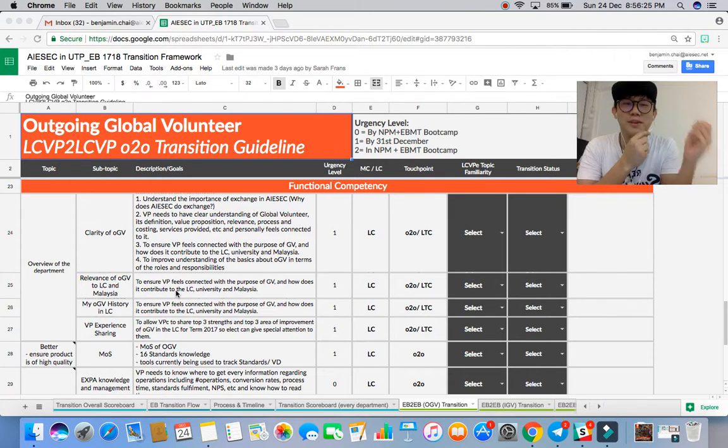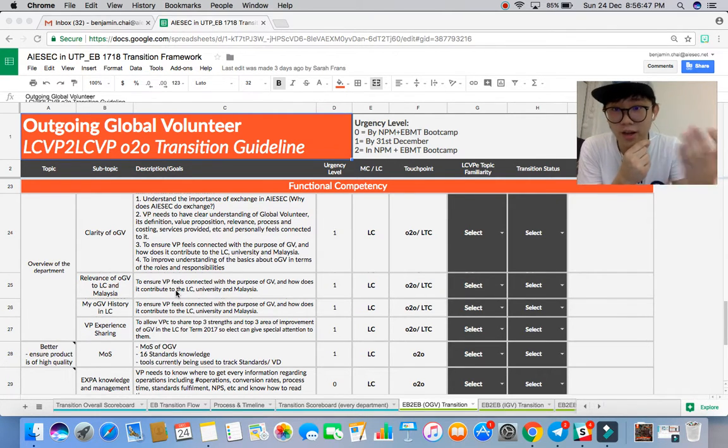Why are these two things important? Because that's actually the main thing, right? As the product head, the most important thing is that you personally feel connected to the product, and you have to know what things you are selling and what is the main value that you're delivering here. Even if a new EP gets elected and does not know much about this product, or has never gone for exchange before, at least they must understand the overall concept of this thing and how it brings